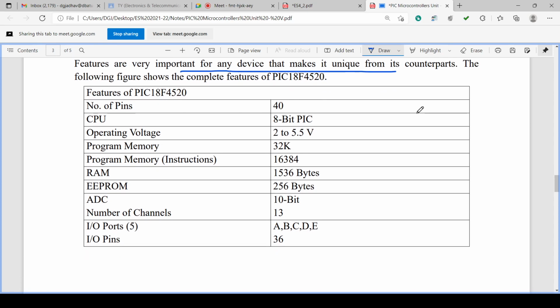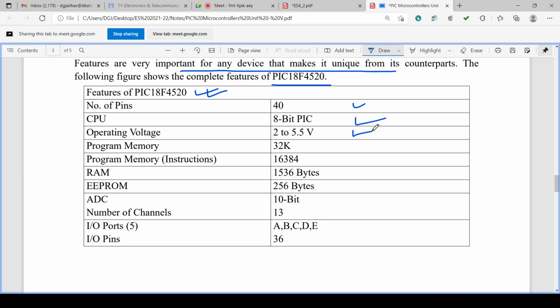The features of PIC18F4520 are like this: number of pins 40, 8-bit CPU, operating voltage 2 to 5.5 volt, program memory 32K and instruction memory 16,384, RAM 1536 bytes, EEPROM 256 bytes, 10-bit ADC with 13 channels you can connect.